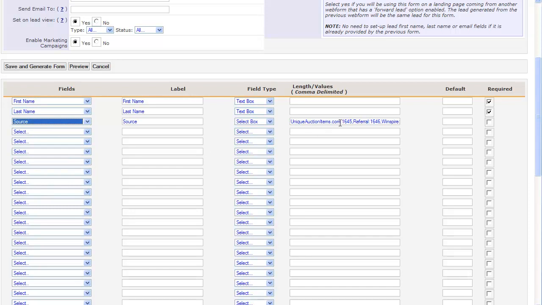Source would be the source where the lead had come from, whether it be a referral, things of that nature. Once you choose it, you would choose here, let's say 1645 in this case, if it was coming from this website, for example. And then you choose hidden in this case. Okay? And then